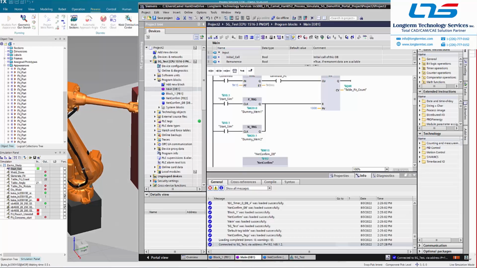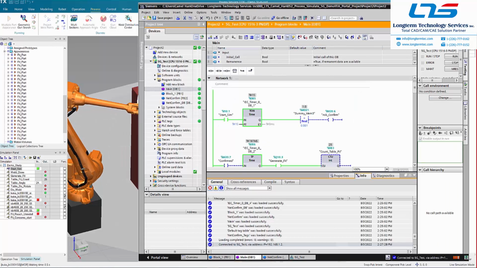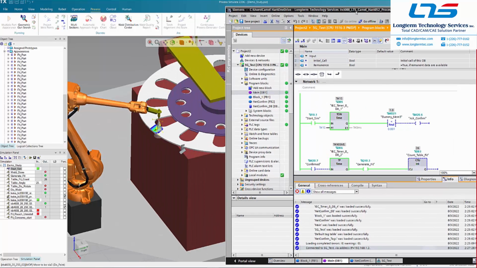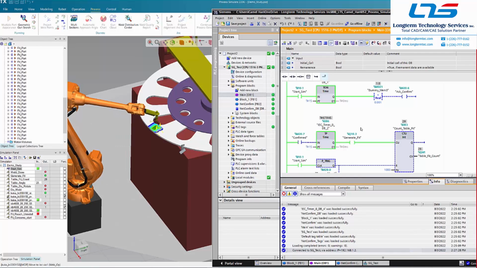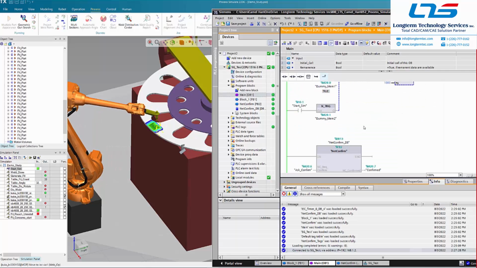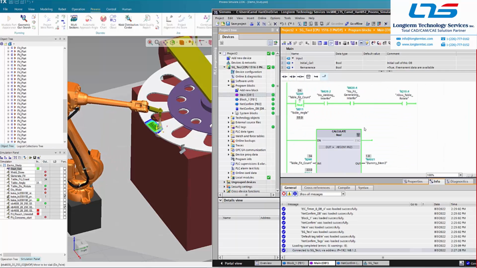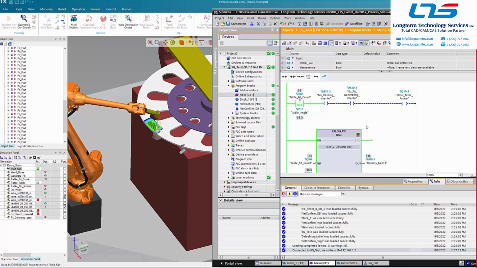So that in this way, we can check the signal in real time. And you can, if you need, modify anything here to debug your control logic. So that's it. If you go back to the process simulate,